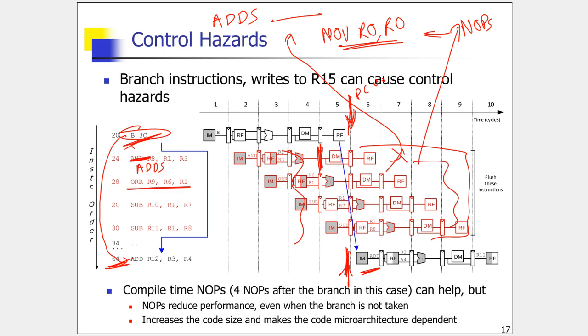Even this OR instruction, for example, will end up changing R9 at this point of time. Unless you have specialized hardware to block it, once it has entered the pipeline, you don't have control over it, right? It will just proceed down the pipeline, changing whatever the instruction is supposed to change, even though the instruction was not supposed to be there in the first place. So the moral of the story is just put 4 NOPs after the branch to solve the problem.